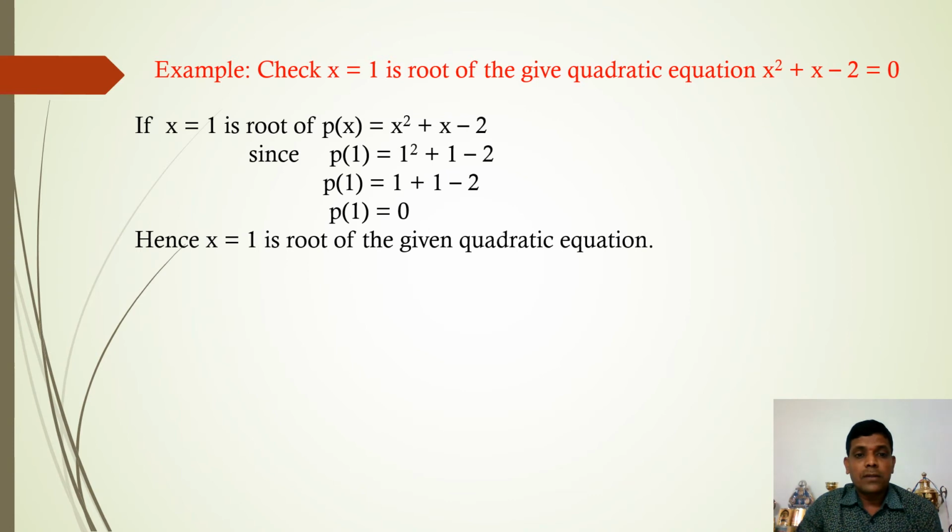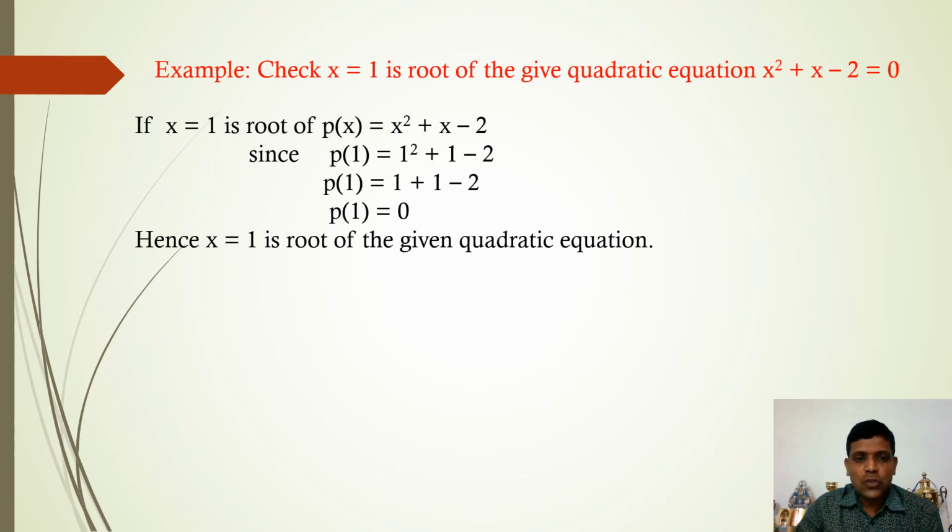Next one. Example. Check whether x equals 1 is a root of the given quadratic equation x square plus x minus 2 equals 0. If x equals 1 is the root of P of x equals x square plus x minus 2. So the given quadratic equation x square plus x minus 2 is in the form of ax square plus bx plus c equals 0. That's why